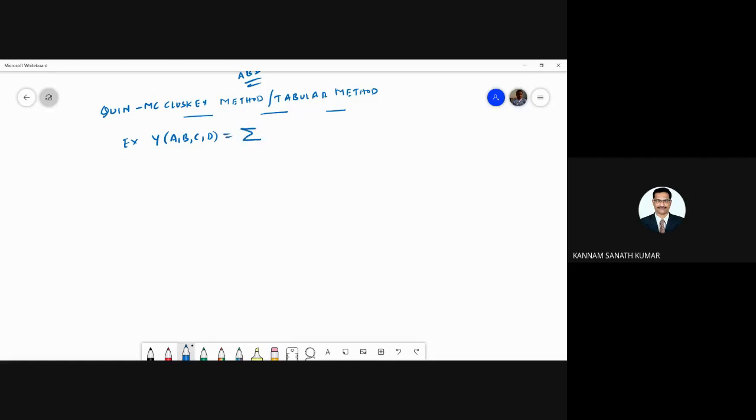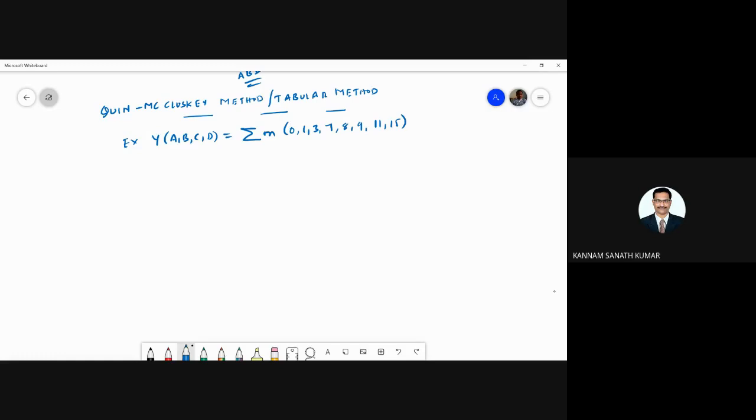Before, in the previous class, I told you about the prime implicants, essential prime implicants, and redundant prime implicants. The prime implicants you get by grouping all the pairs, quads or octets. The terms which are compulsory in the output we call the essential prime implicants. Redundant terms are those that can be covered by either prime implicants or essential prime implicants. That concept we are going to use in this. So here is given 0, 1, 3, 7, 8, 9, 11, and 15.